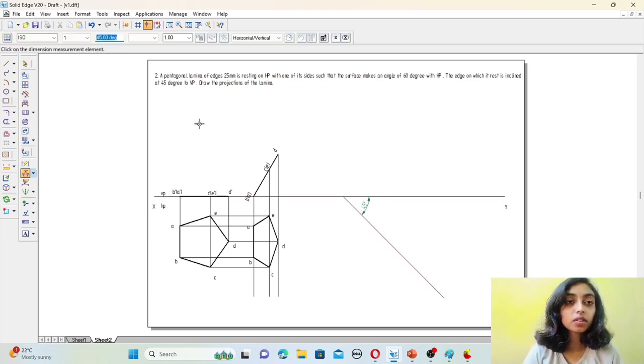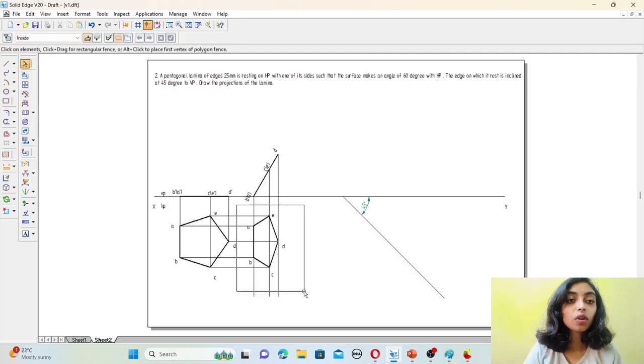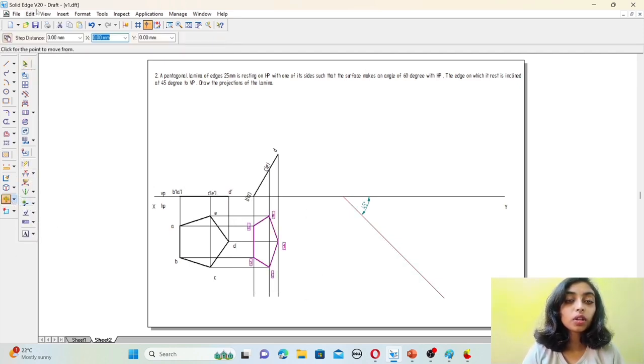So now this AB edge, we need to place it here, inclined to 45 degree. For that, select this whole lamina. Go to move option. Make sure it is copied. Then from this, place it here.